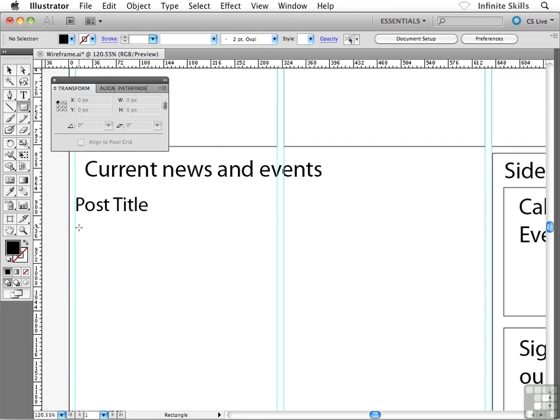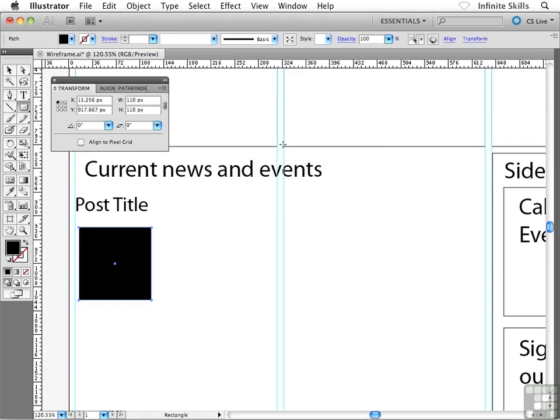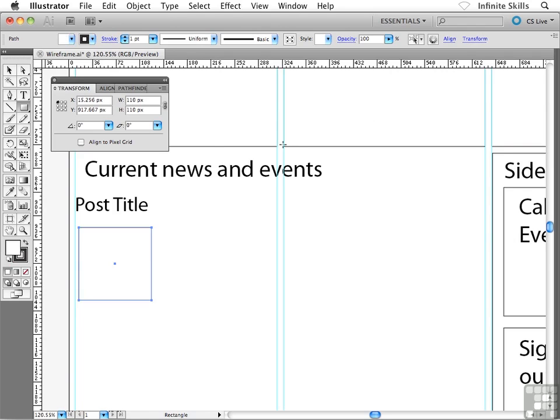I can just single click with my rectangle tool and I get the rectangle dialog box appearing on screen here. And I can just go 110 tab 110. Hit enter, and there we go. There's our object. Once again, I'll hit the D key on my keyboard to flip back to the default fill and stroke colors,